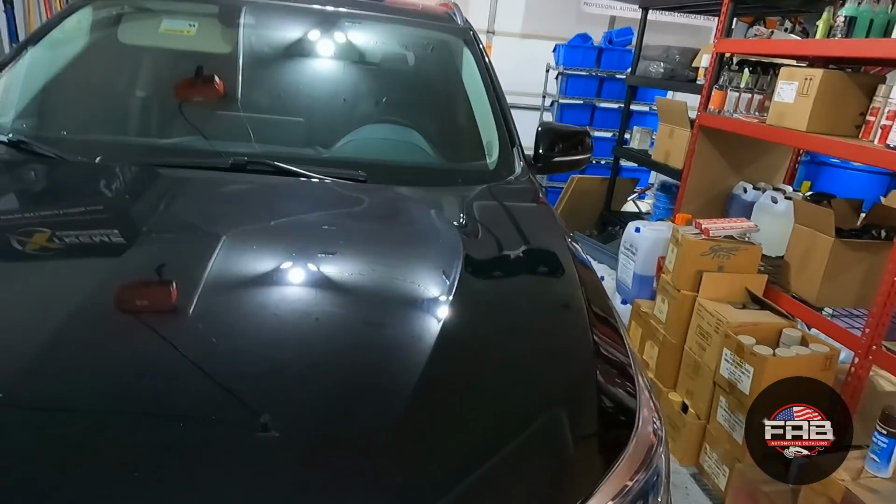And this is, like I said, why I say don't just go home and do that, because these guys at dealerships, a lot of times, you guys, they just grab a rotary and think it looks good and that's it. And that's just not the case, especially on this car right here. So let me show you guys what I'm talking about. If you look at this hood,